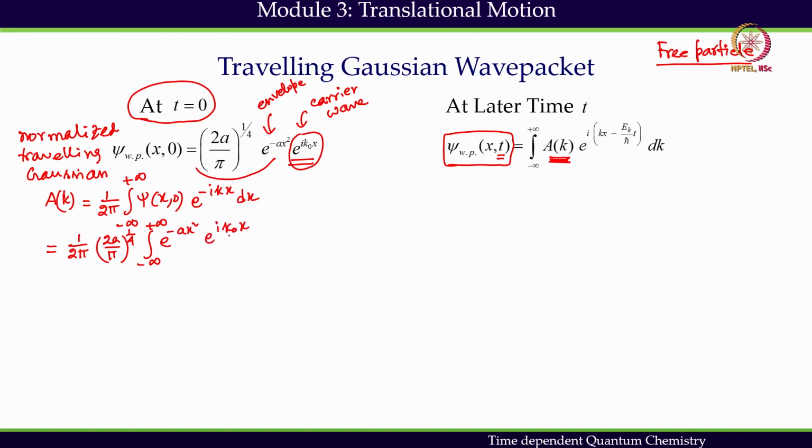You can remember that k naught was the average of all k. So how does this initial wave packet look like? I have an envelope function